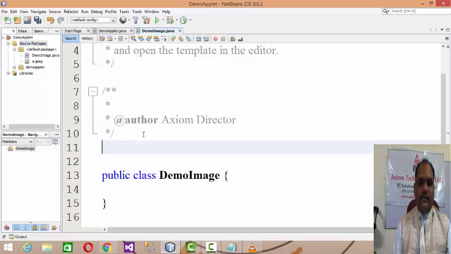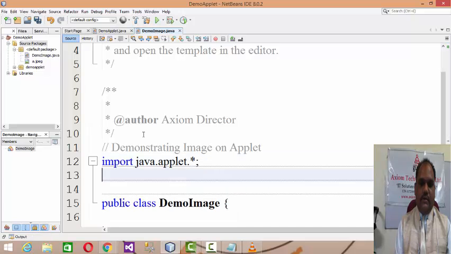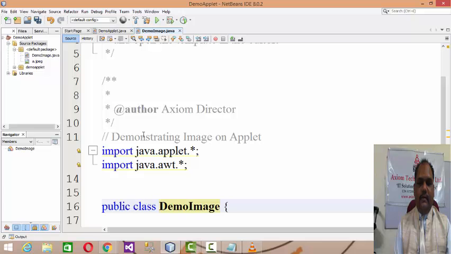So for that reason I'll write the title, demonstrating image on applet. I'll write import java.applet.*; import java.awt.*; and here public class DemoImage extends Applet.